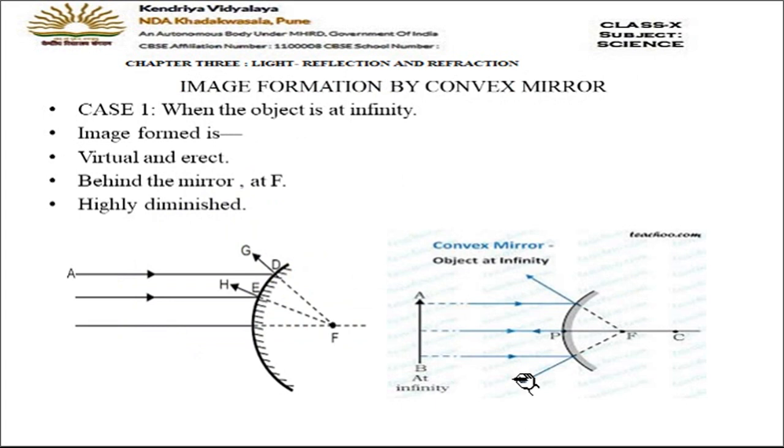Let us see case number 1. Case number 1 is when the object is at infinity. If the object is kept at infinity, means at a very large distance from the convex mirror, so what type of rays will come, children? Yes, parallel rays we have to use. So here you can see two diagrams are shown. Parallel rays, you can see, both the rays above the principal axis, or one ray above, one ray below the principal axis. Anyhow you can show the diagrams, both are correct.